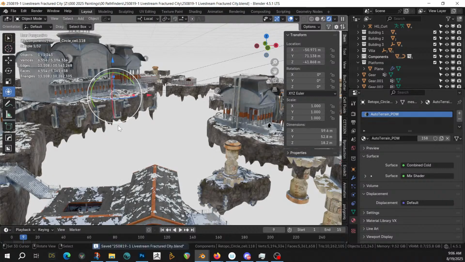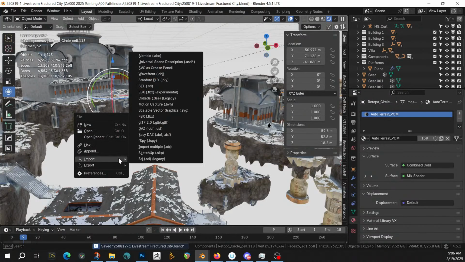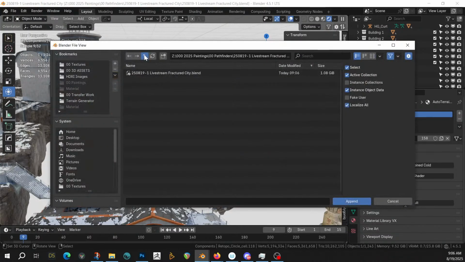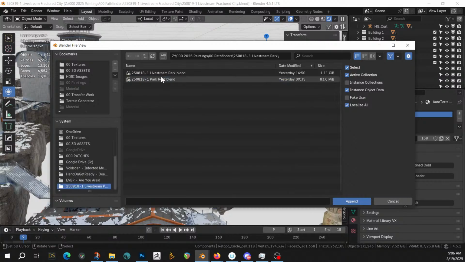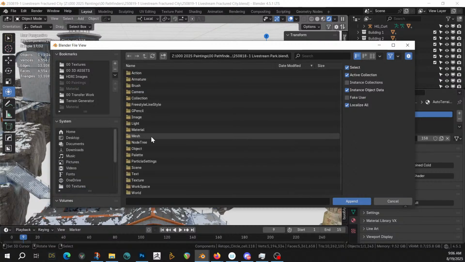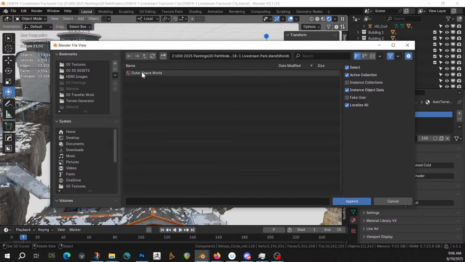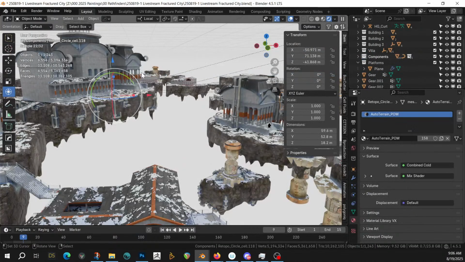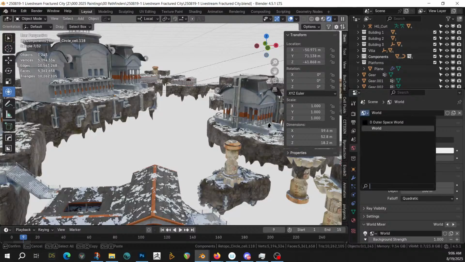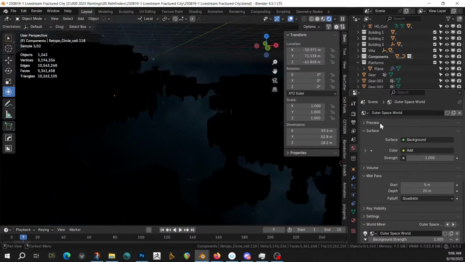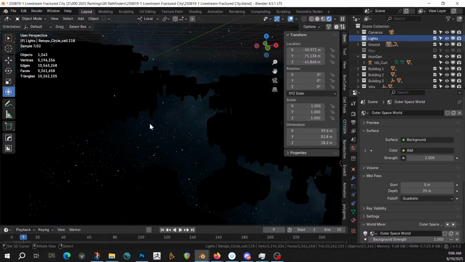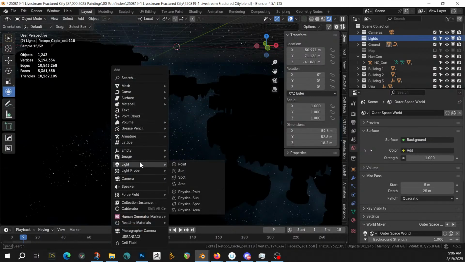Save, and I'll go grab the sky. Append from yesterday. World, outer space world. I don't think I did any changes to it. I think it's just the default outer space world from Ian Hubert's Patreon, but you know, we'll grab it anyway. Outer space world. Dark, yep. And our sun, I know, was just a basic light, sun,